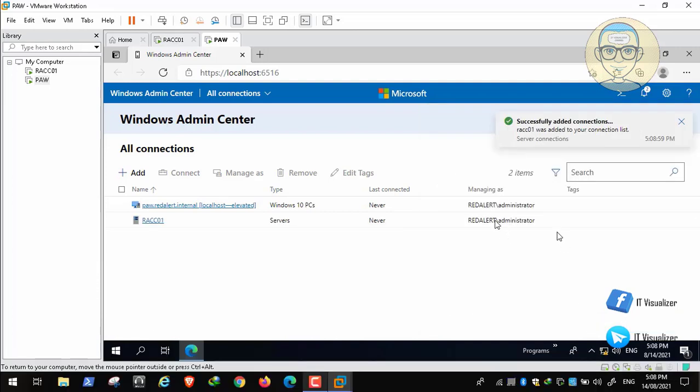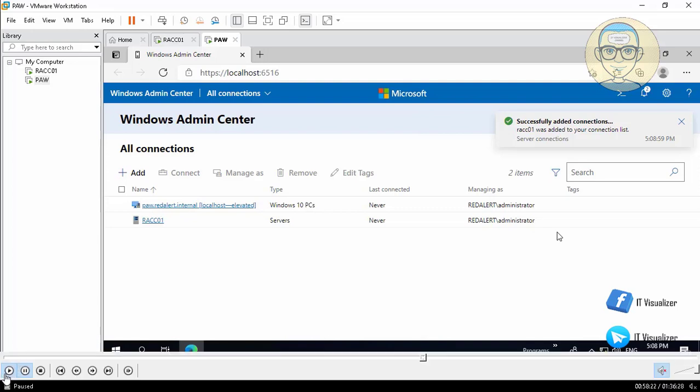So here it will manage this server using the red alert administrator account. This administrator account is the domain admin account, so it can manage the server remotely. It has rights to manage this server remotely. It is the local administrator on this server, and it's the domain admin. Okay, so it can manage this server. You can change the user according to your environment. You can have an IT user who is a member of the domain admin group. He can manage this server also. Anyway, so we will open